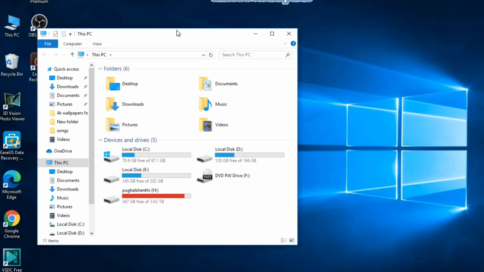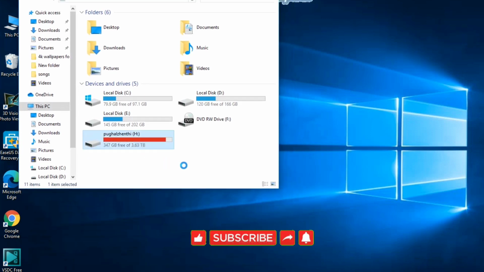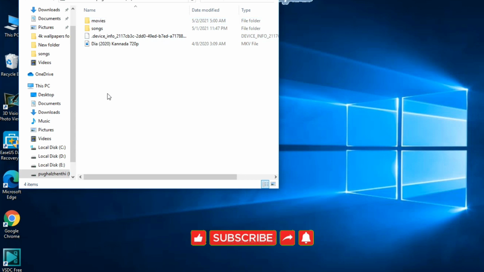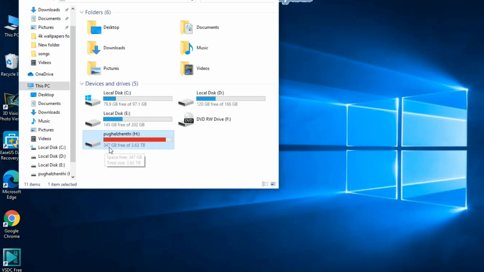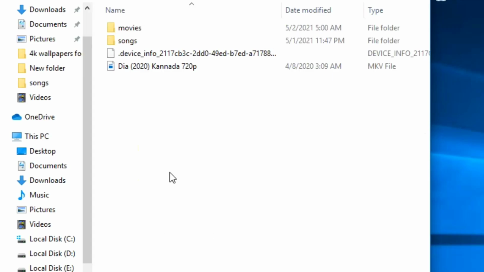In this video, I'm going to show you how to recover the deleted files from your hard disk or pen drive. You can recover all kinds of media files like photos, videos, audio clips